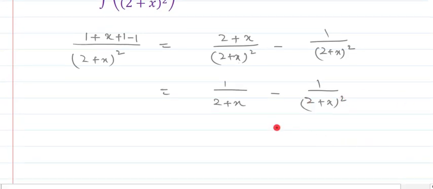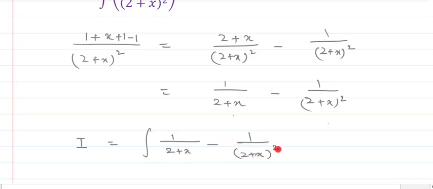Now if you remember, what is the derivative of 1 upon x? It is minus 1 upon x square. So for 1 upon (2 plus x), the same: we are having the derivative minus 1 upon (2 plus x) whole square. So therefore this is f(x) and this is f dash(x). So you can easily now solve this problem. I is equal to 1 upon (2 plus x) minus 1 upon (2 plus x) whole square